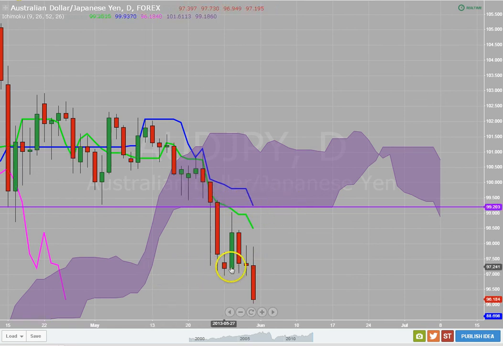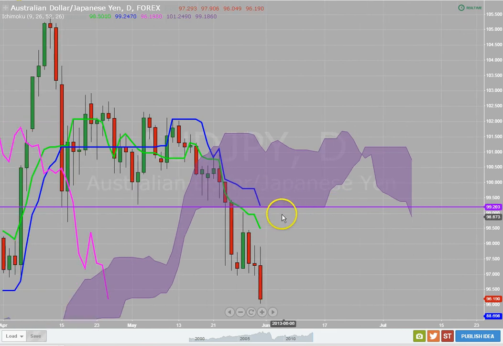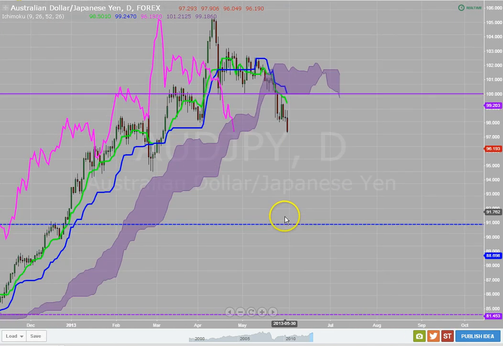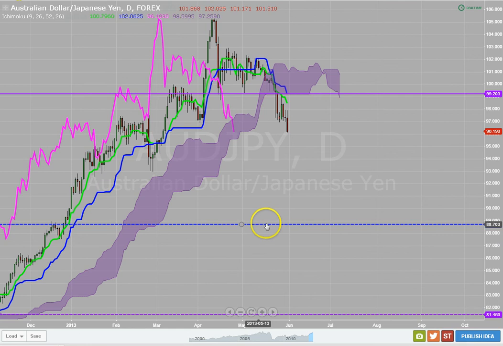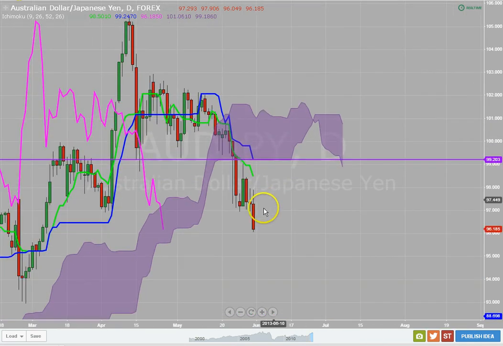We have to wait for the break of that fractal level. If we break the level, we'd be in here. But looking at this, man, this is really set up nice to ride down to close to this level, because this is that 50% retracement level of the monthly time frame. So you expect price to move down to that level. Now this is long-term, traders. If you don't trade long-term, you're not looking like this. You'll probably take your trade and get out when you see things happening. But I'd like to see for this pair now.